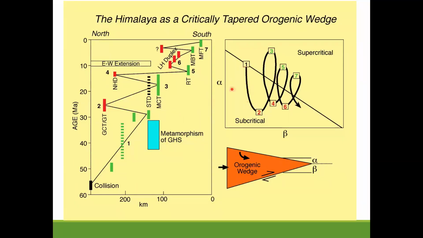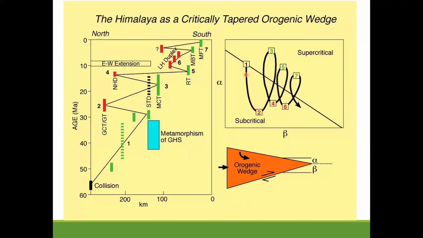So if you look at the entire alpha and beta plot, then this is your critical line. So one was where it got critical for the first time and then had the first thrust. Then it got subcritical. And then again, it deformed here so that it could reach the critical line. But then, it need not stop here. It basically went up to the supercritical stage. And then again, it lost taper, reached criticality, came back subcritical, supercritical, and kept touching the critical line.